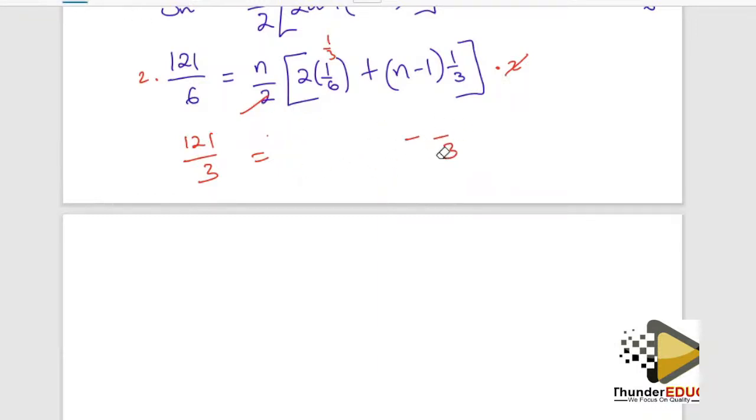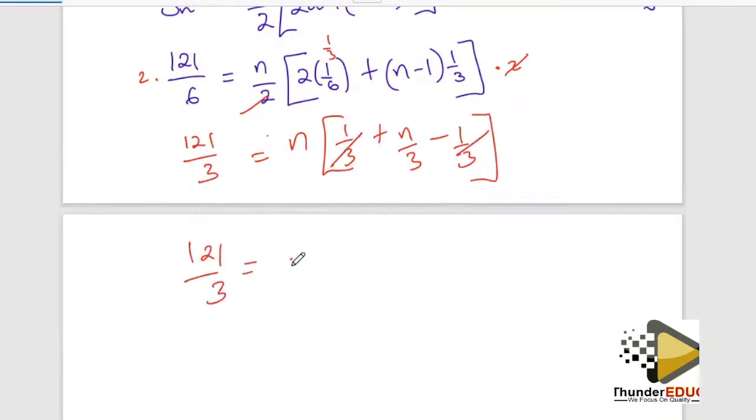Okay, let's do this step by step. I'll leave the n outside. That's going to be 1 over 3 plus n over 3 minus 1 over 3. Are we there? Someone can cancel this, and then we're going to have 121 over 3 is equal to n